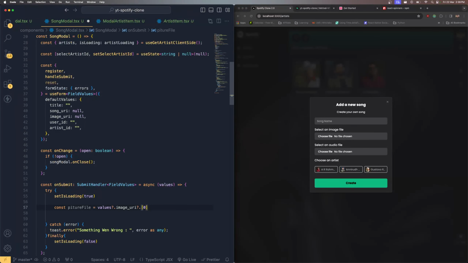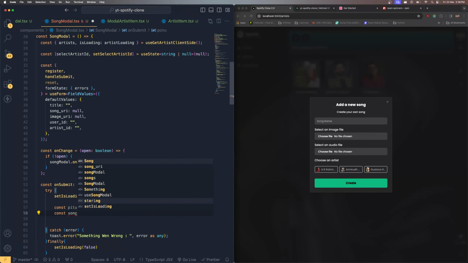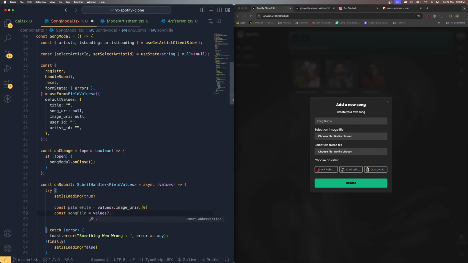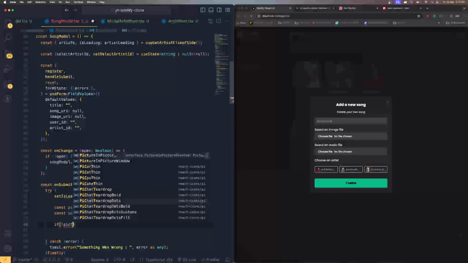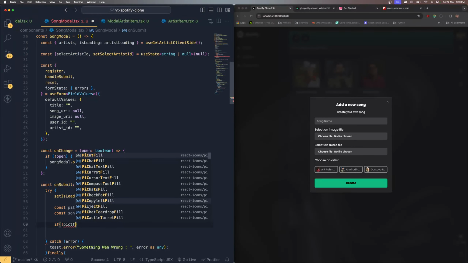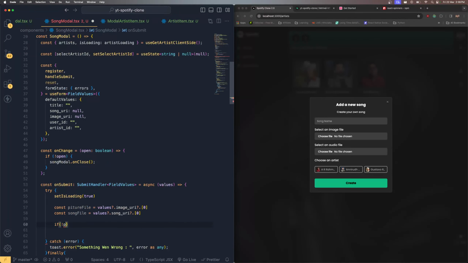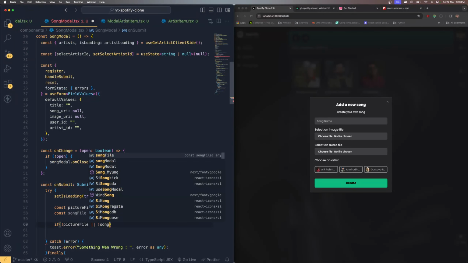From the 0th index we can get that file, and const songFile equals values?.song_uri?.[0], right? So if not pictureFile, oops, spelling mistake, if not pictureFile, or if not songFile,